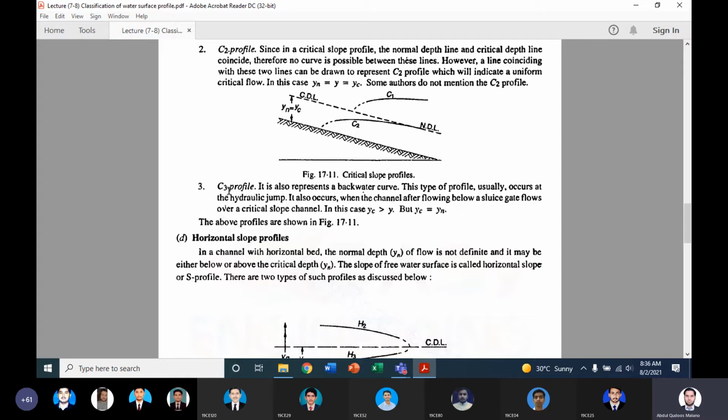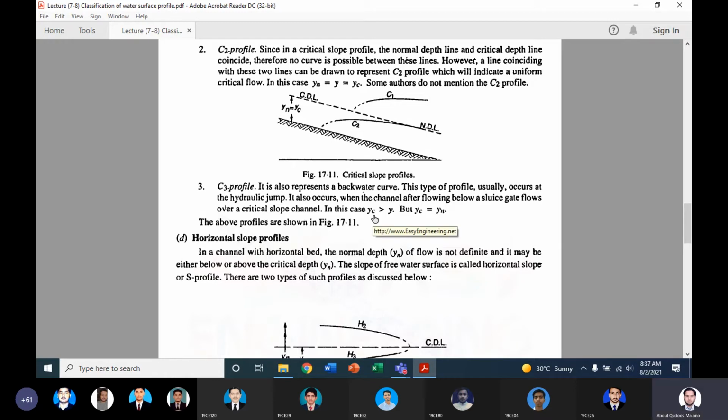ठीक है, so in that case you will see that the critical depth is going to be greater than the depth of the flow, and the critical and the normal depth both being equal. ठीक है, अब यहाँ पर एक क्वेश्चन आता है कि why they are talking about the critical depth over here, why not the normal depth if both the things are same?